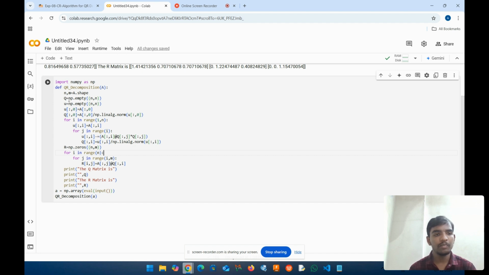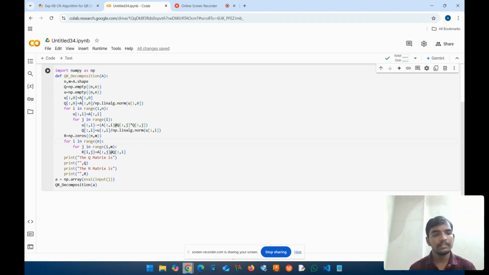Next I am defining the Q matrix. The variable is named Q, and I am creating an empty matrix with n cross n. n is the number of rows. For another variable U, I am creating an empty matrix which is also n cross n. Next, for that empty U matrix, I am defining the